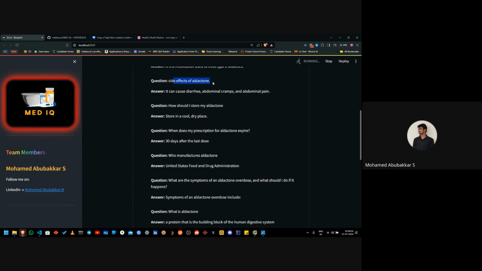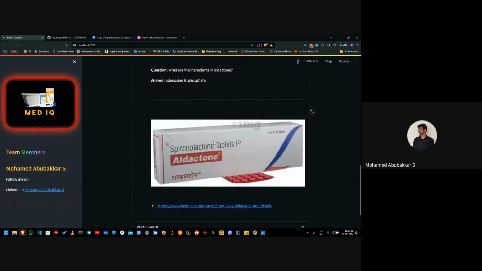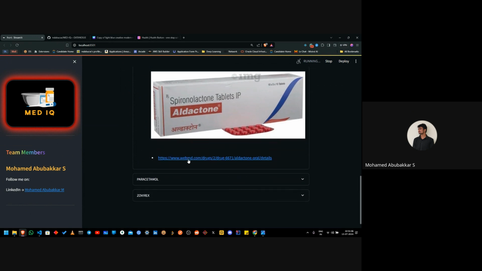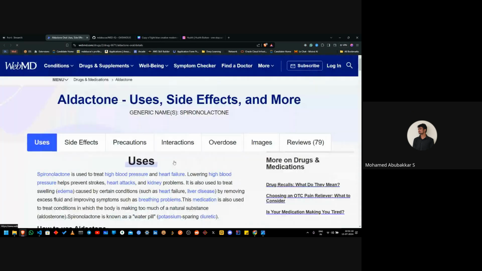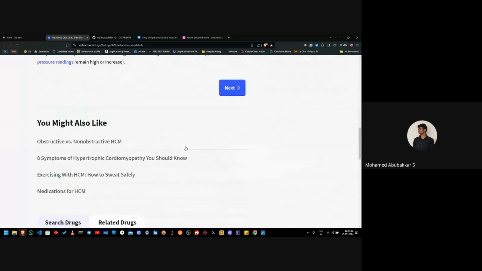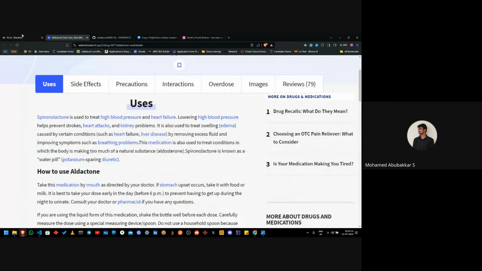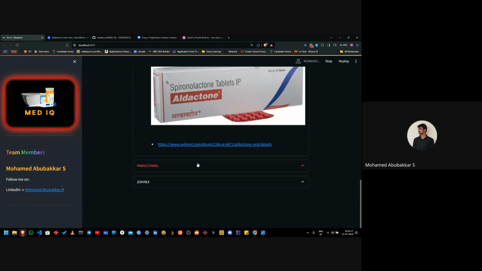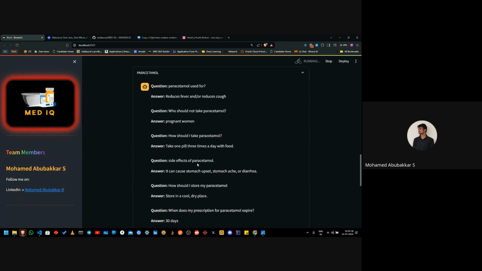All the side effects of the medicine, all the relevant questions are asked by the LLM automatically. It also gives an image of the medicine from the extracted medicine, and a buying link. We can click, refer, and buy it. Next is the paracetamol,